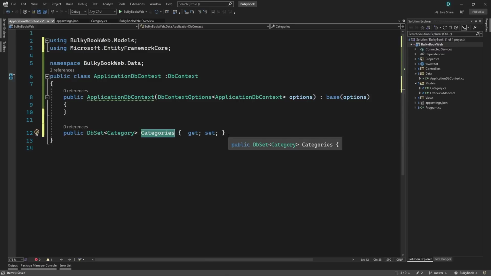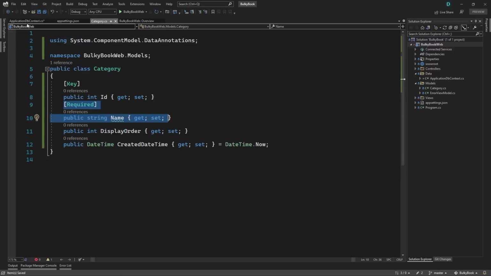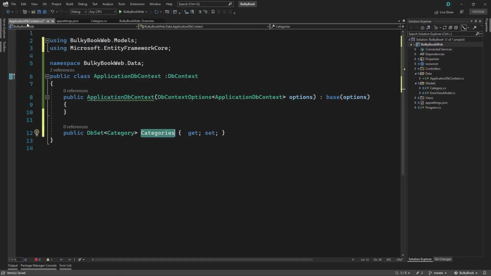What we are doing is code first, because here we are writing the code of our model, and based on that model we will be creating the database. So that is the code first approach. Database first approach will be something where the database is already created, and based off that database you will be scaffolding